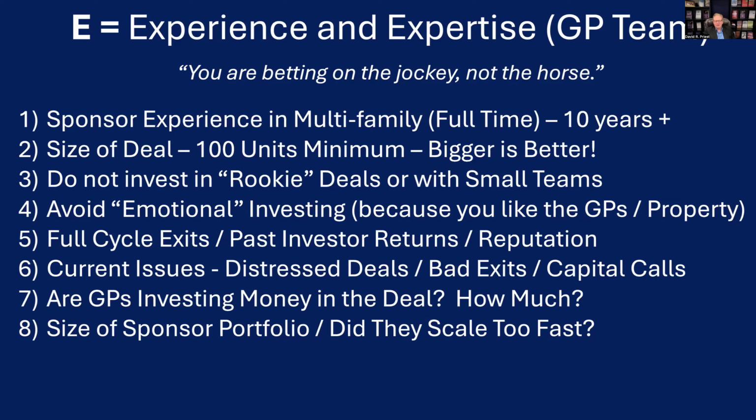I'm less impressed by the number of doors as much as the time they bought the properties and how they did, and also did they scale too fast. So I know of a large syndicator in the US that didn't own anything in 2019. And by 2024, they had $1 billion asset under management. So they did that in really 4 years. Their first deal was really small. 4 years later, they have $1 billion asset under management. To me, that is scaling too fast. I think they may have some underlying problems and they may have bitten off more than they can chew.